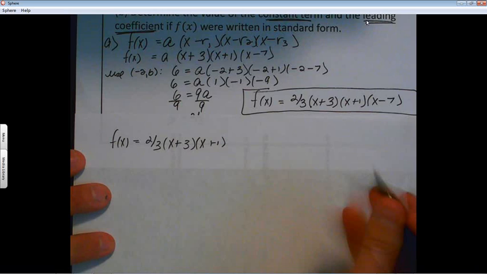Now, let's see. Let's do this the long way first. Let me scoot this up. We have f of x equals 2/3 x plus 3 times x plus